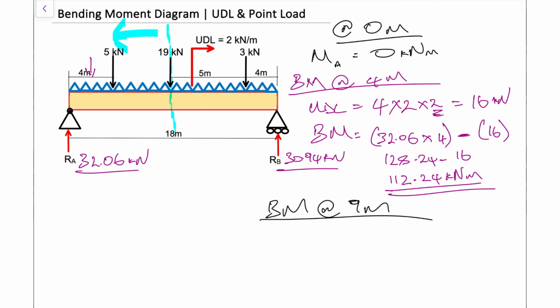So I'm going to just do the all-out calculations now. So bending moment is equal to, so the first force that we have is our 32.06, and we're multiplying that reaction force times that distance right there, which is our 9. So 32.06 times 9, and that's the distance of the